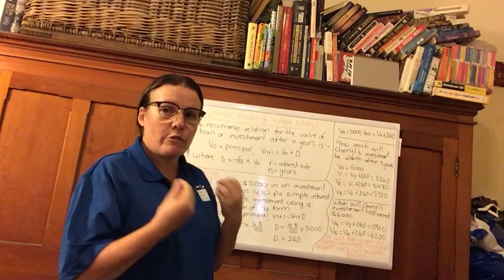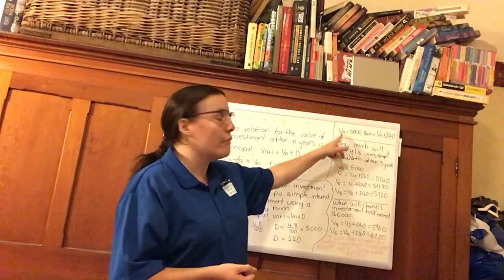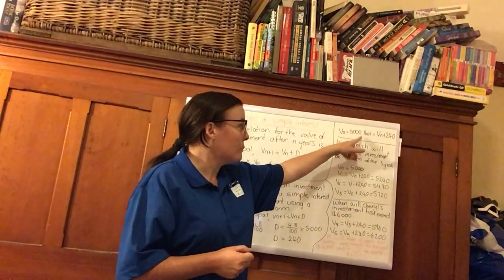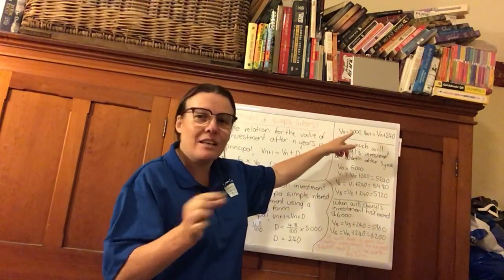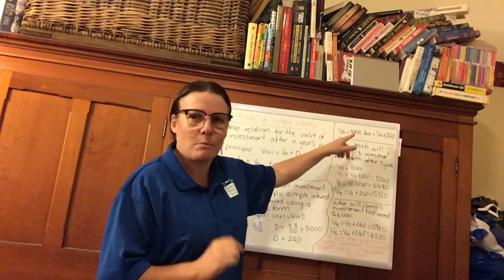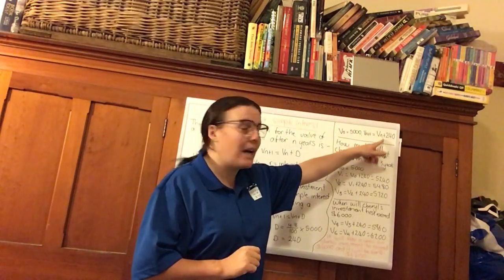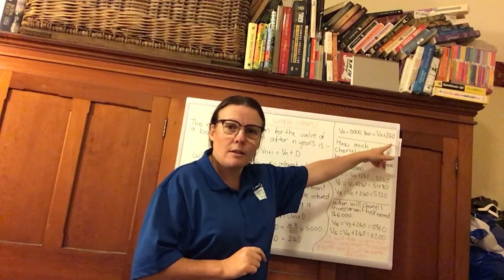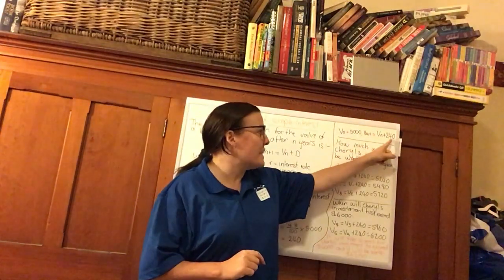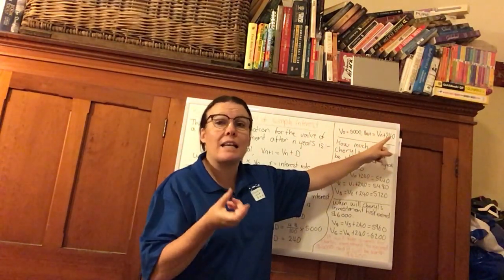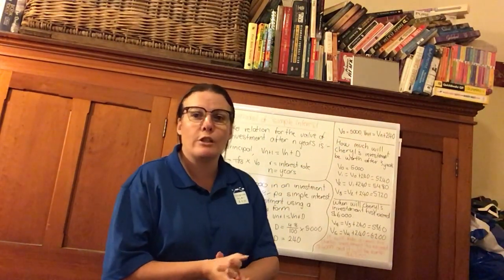So we haven't actually finished. We've got to write out the recurrence relationship properly. So for that, we have V0 equals 5,000, comma. The comma is important. Don't forget that comma. You need to have the comma there to make it part of the recurrence relationship. So don't forget it. Vn plus 1 equals Vn plus 240. So that tells us that the initial investment is $5,000, and at the end of each time period, in this case 1 year, because it's per annum, at the end of the time she's going to get $240 added to